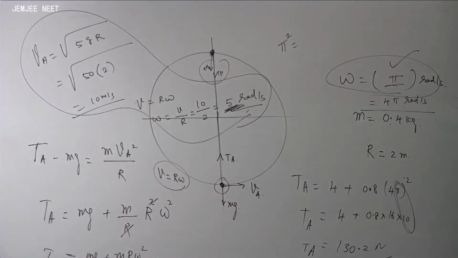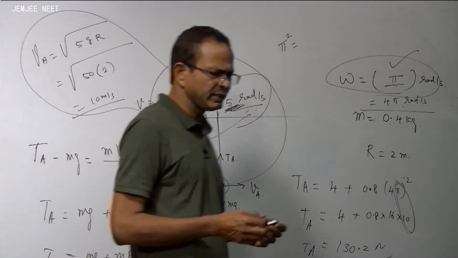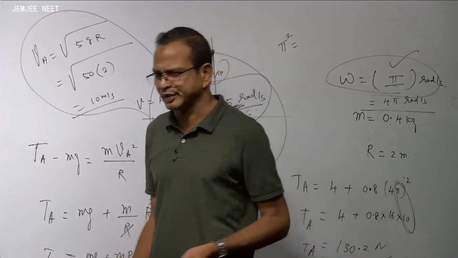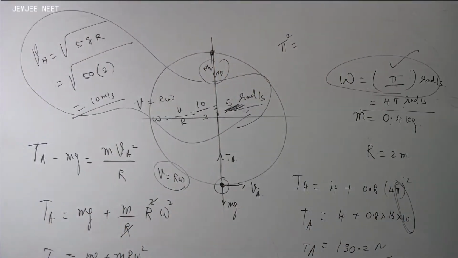Sir, if there is the option called none of these, can we straight away put that, sir? Yes, in that case you can put it, absolutely no problem. Or they may give you an option like the body does not continue in circular motion, something like that. You are right. Okay, sir. If we calculate exactly,